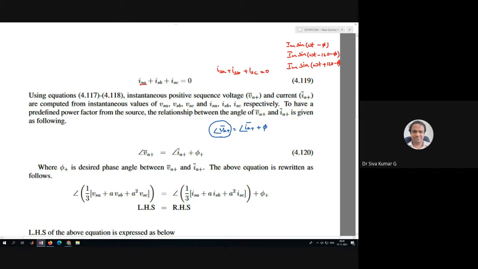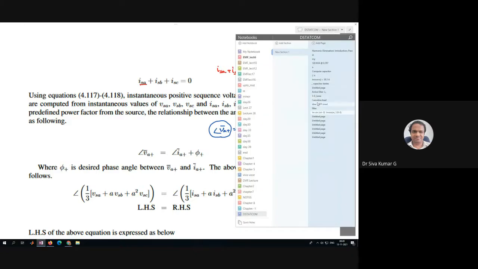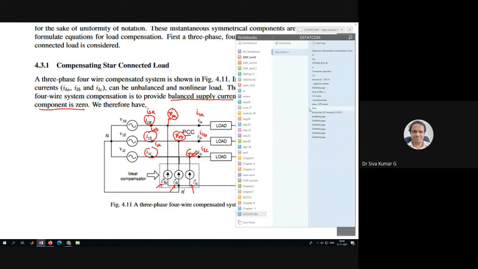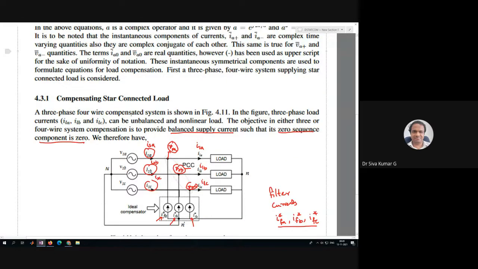Why are we taking the positive sequence? At these PCC voltages, it might be unbalanced. It might be unbalanced. If there is any unbalance,